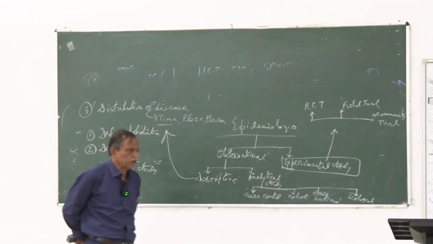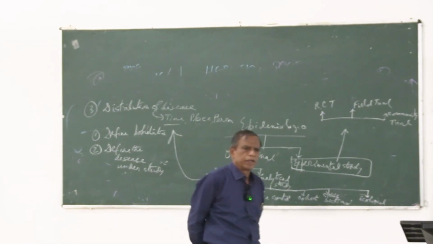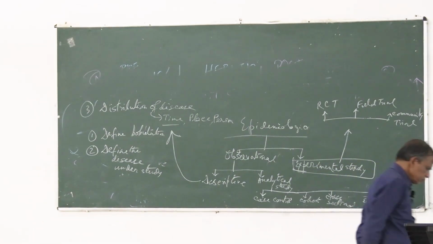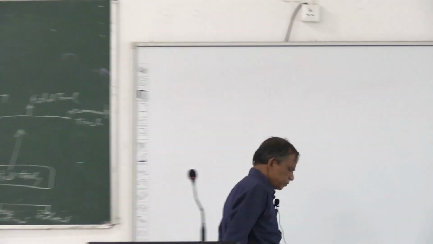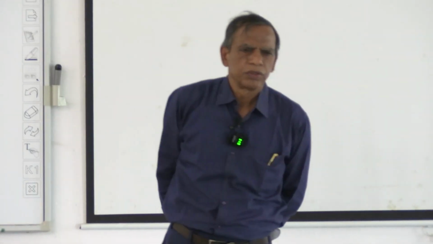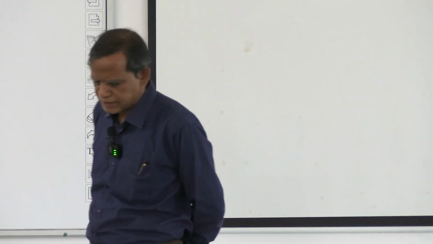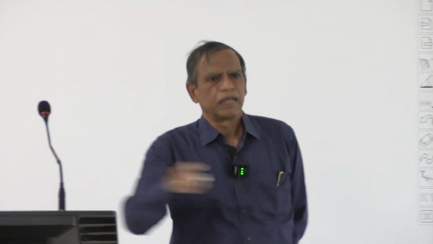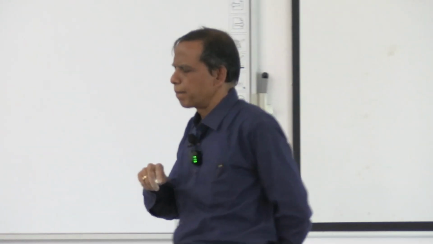What is the importance of knowing the time distribution? Because if we plot the total number of cases against time, number of cases along the y-axis and time along the x-axis, and if you plot the number of cases against time, you will be able to draw